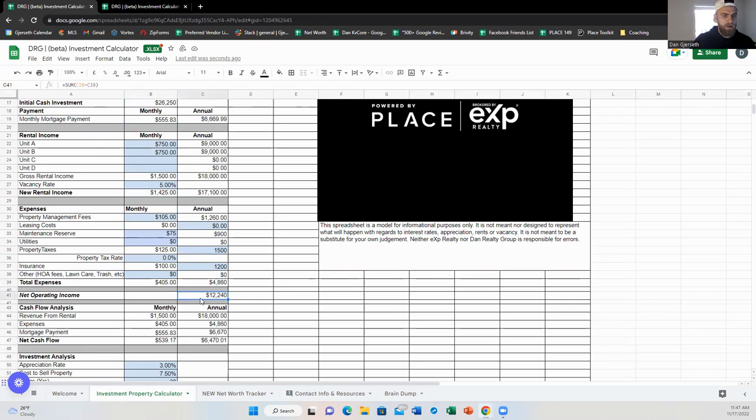So we originally are collecting. This is where the annual gets important, because we're doing most of the things on a monthly basis, but then we want to look at the total year. So total year, we are collecting $17,100 from this investment property. After all of our annual expenses, we get our total expenses of $4,860. So once you take out the monthly mortgage payment or the annual mortgage payments and the total operating expenses of this business, you are walking away with,